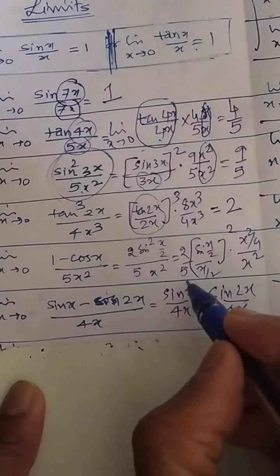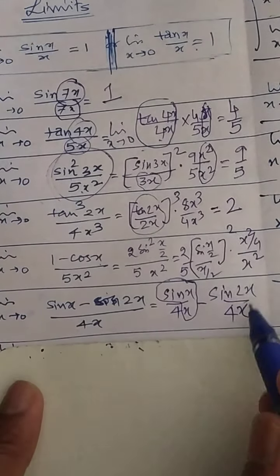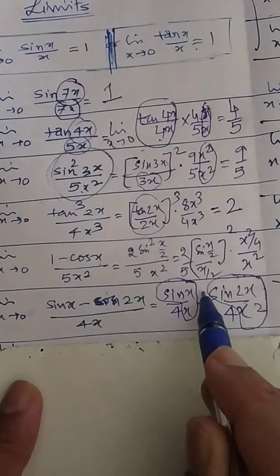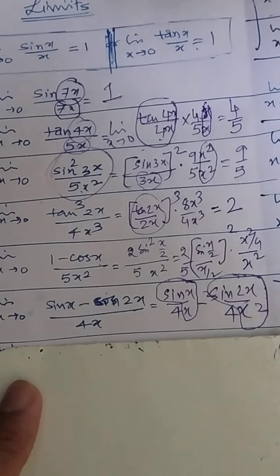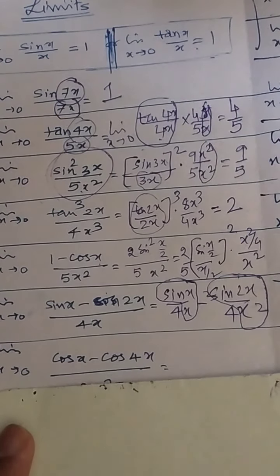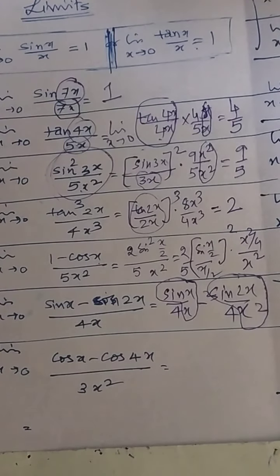Slightly different. If you look at this question also, it will be in the form of 0 by 0, but it can be easily handled by this separation, sin 2x upon 4x. I am leaving this question at this point. Go for simplification. You know that this is nothing but 1. Over here something is missing, you have to add 2 over here, but 2 can be written to this place. Simplify properly and get the solution of the question. All these things we are doing for revising so that you can come to know the things.